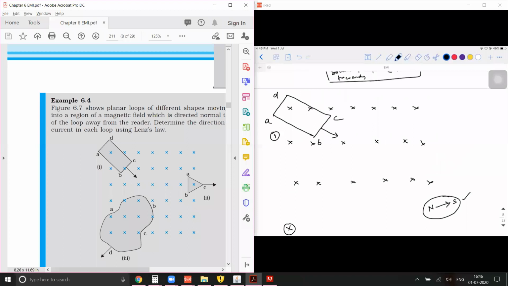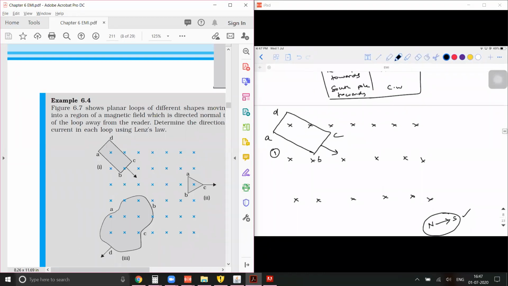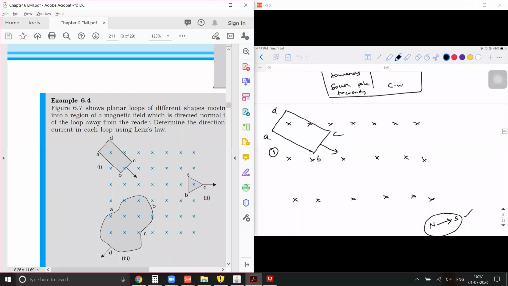Second question to be answered is flux is increasing or decreasing? In this case, increasing. So increasing means what did I say? Same polarity. Same polarity as whom? Same polarity as the one the coil is facing. The coil is facing whom? The coil is facing us, no? So we are north pole. So flux is increasing, so the coil should behave like a north pole. If it has to behave like north pole, what should be the direction of current? Anti-clockwise. Problem is solved. That's it.